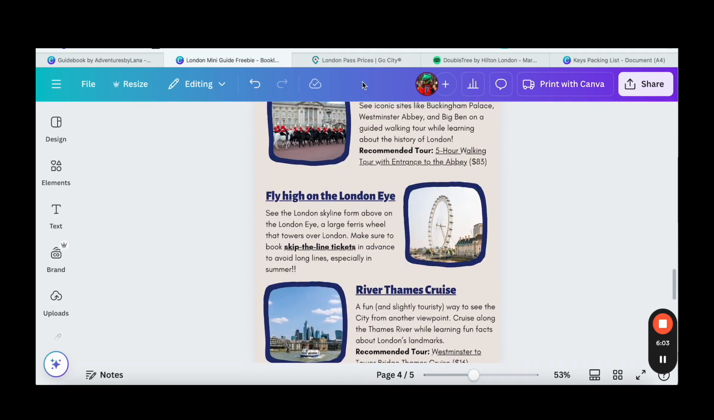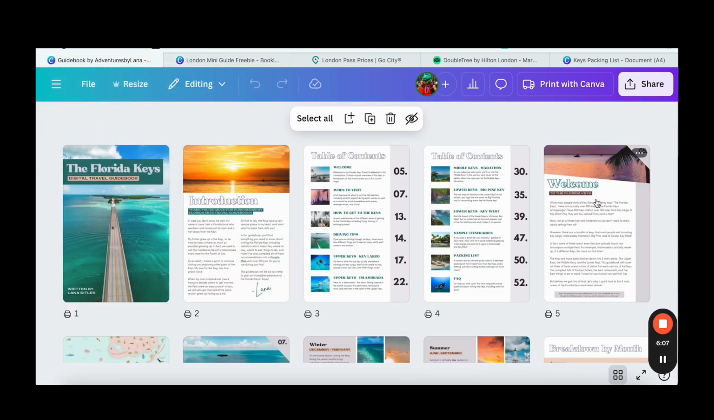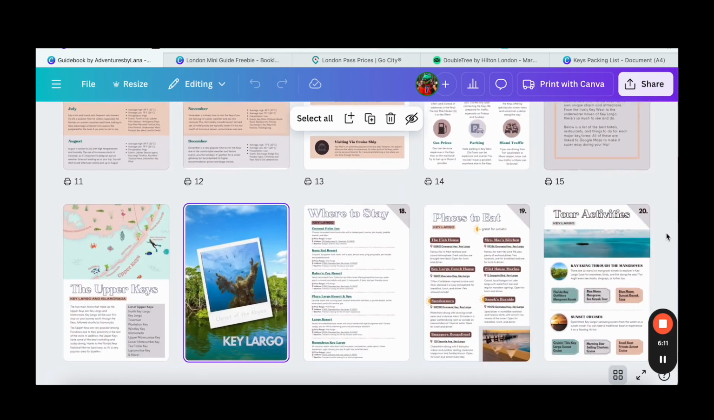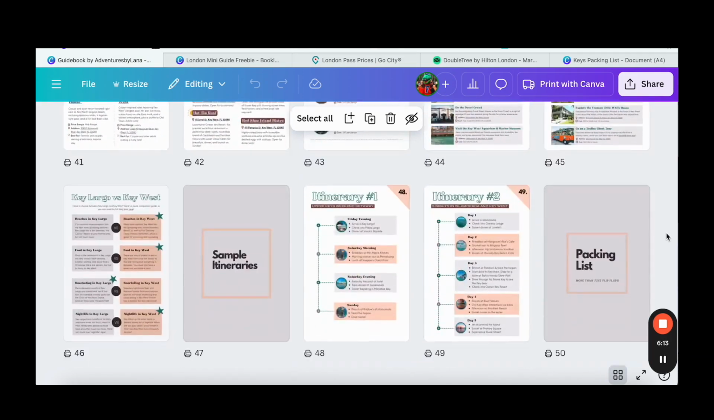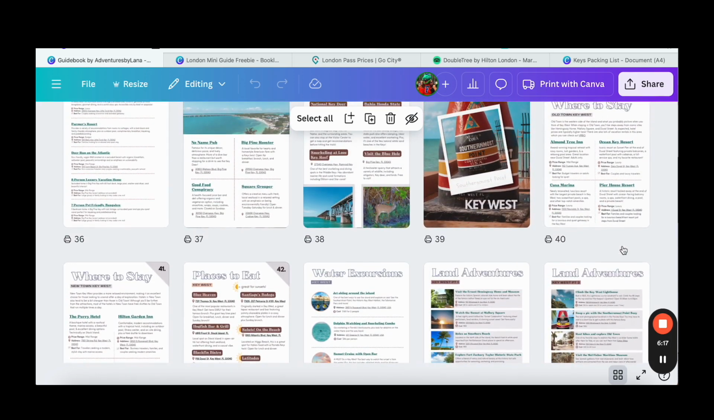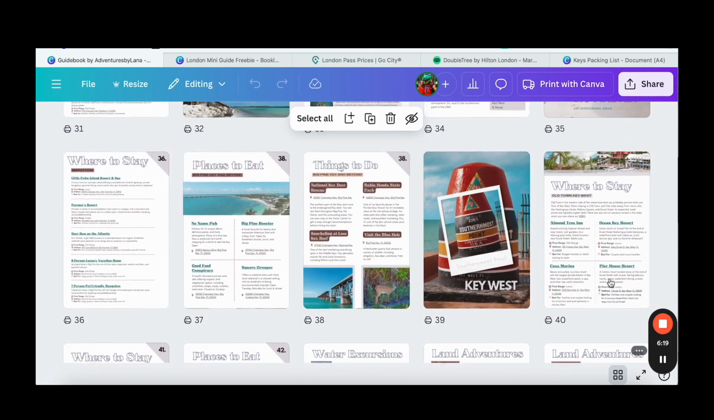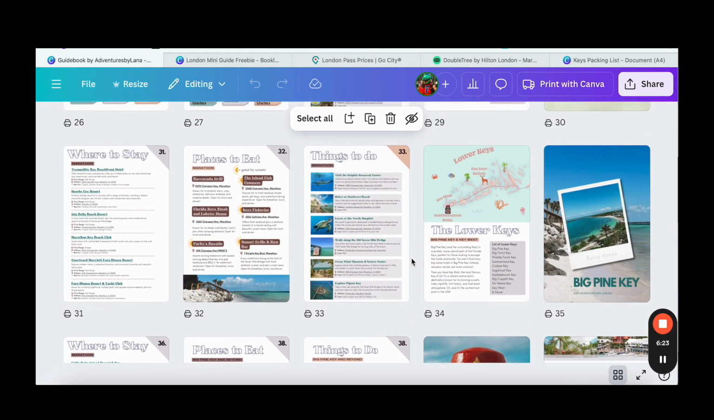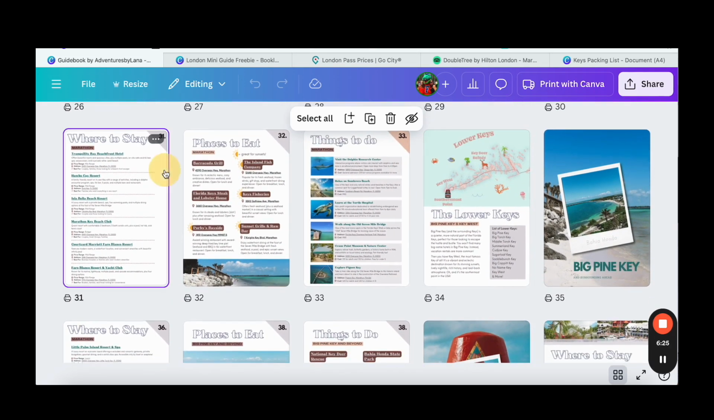Now I'm going to show you another option from a paid guidebook that I have on the Florida Keys. So this is a guidebook that I offer on my blog. It's over 40 pages, which is why it's paid. But throughout the blog post, I incorporate affiliate links in here as well. A lot of it is just informational, but like you can see here, for each key, I have a where